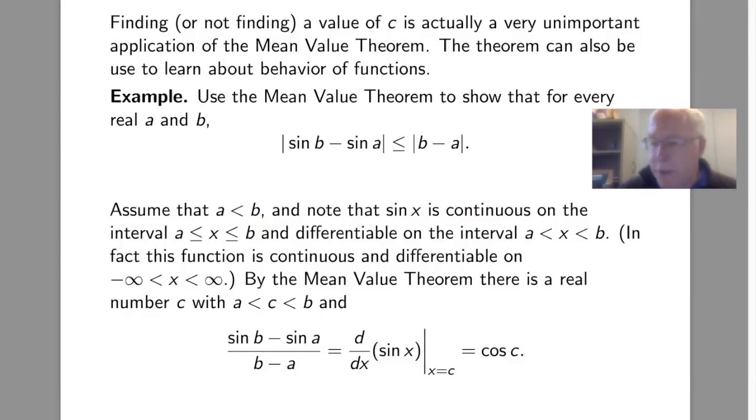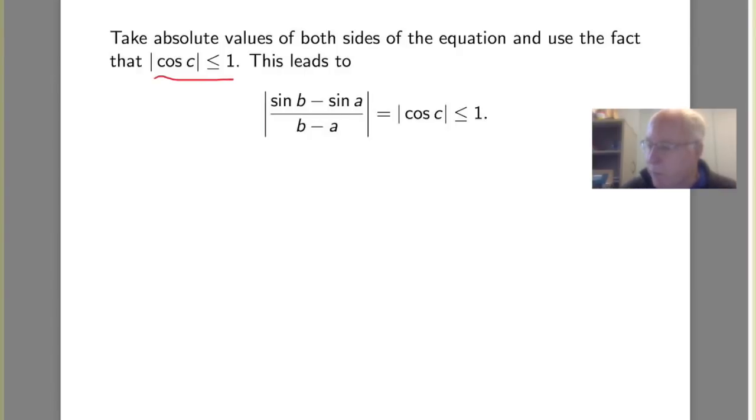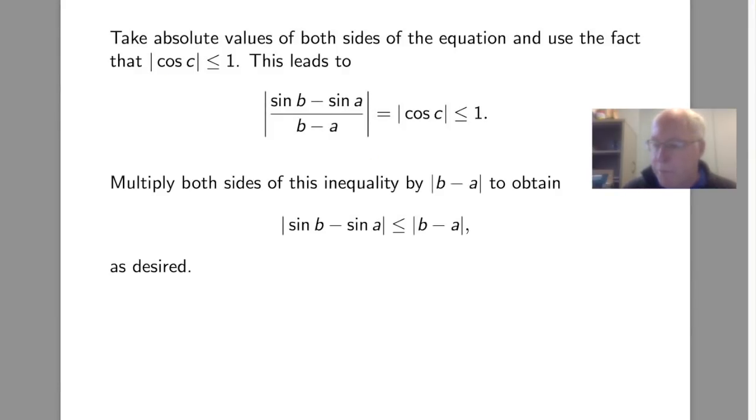Again, we often don't care what that c is, but here knowing it exists is very important because we're going to take absolute values of both sides of the equation we came up with and use the fact that the cosine in absolute value is never bigger than 1. So taking absolute values, we have the absolute value of sine of b minus sine of a over b minus a is the absolute value of the cosine of c for some c, and that, of course, is no bigger than 1. And finally, multiplying through by b minus a